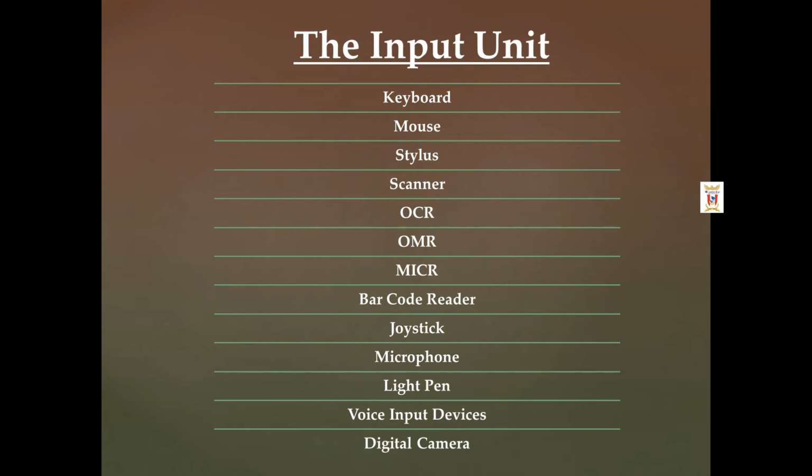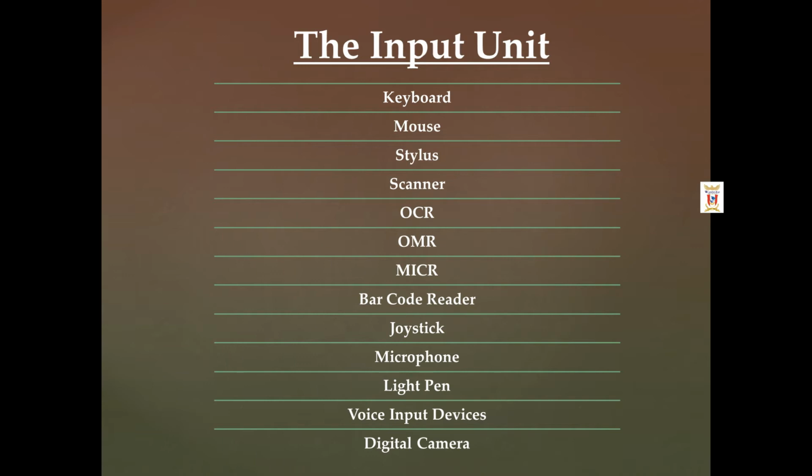Next is joystick. A joystick is an input device which allows the user to move an object on the screen. It creates a simulation in gaming, making it exciting for the user. So basically it is used for gaming. The physical movement of the stick is sent to the computer as input to move the cursor or the object to different positions on the screen. Next is microphone. Everyone knows the purpose of the microphone. It is used as an input device to record and store voices.